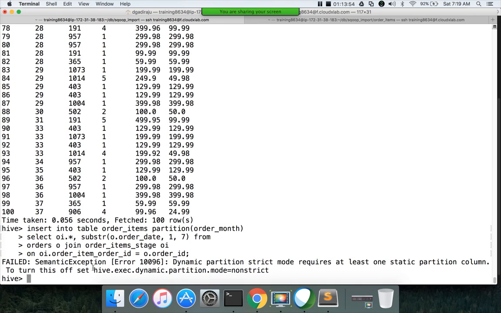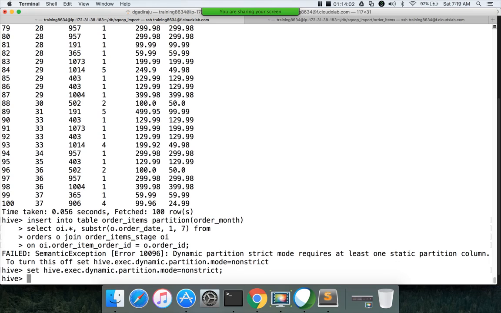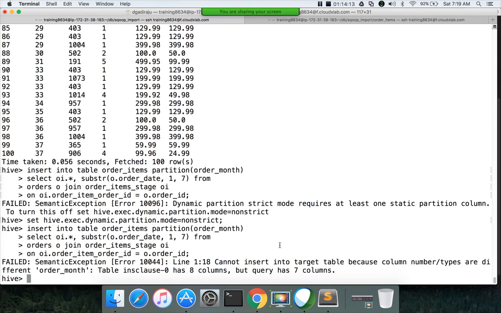It will fail because hive execute dynamic partition mode is strict, so we have to replace that with non-strict. Still it is failing because the insert clause has 8 columns but the query has 7 columns, because order items does not have the order date.